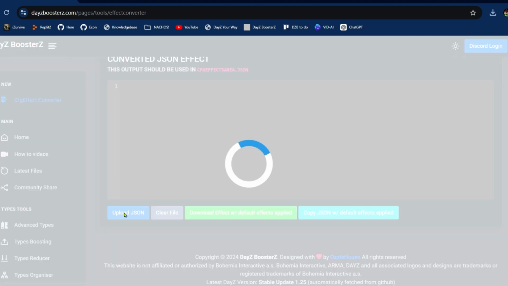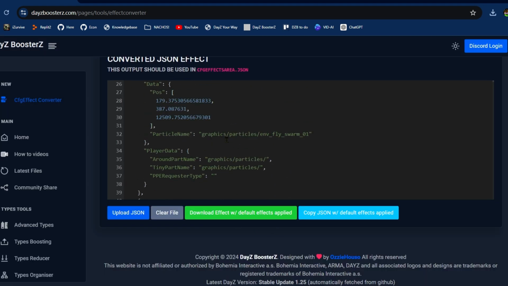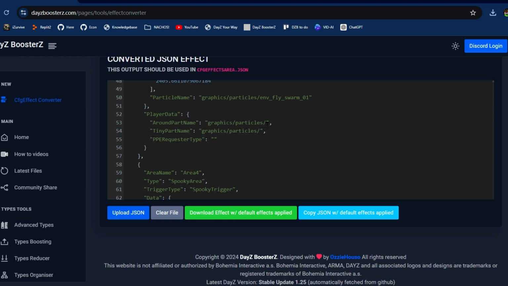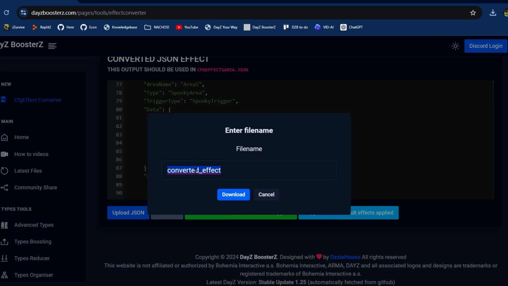We're going to go ahead and click Upload JSON, and it's thinking, and then there's this stuff. If you look in here, it's only going to show in the fly swarm stuff. It's not going to put it in that stuff until you click Download or Copy. So we're going to click Download Effect, and we can name it whatever we want here. We're going to want to call it the CFG effect, but for now we're just going to put in test CFG effect. It'll name its own. You don't want to name it .json. It'll name itself that, and then click download,